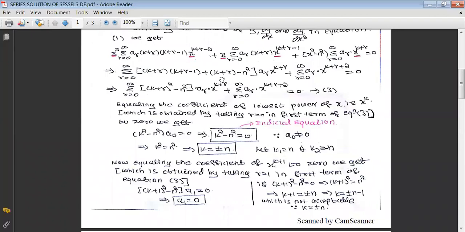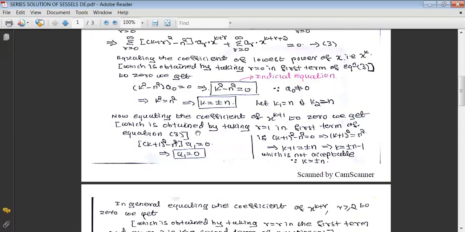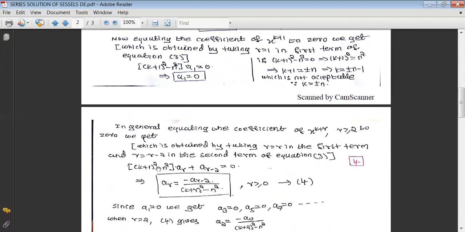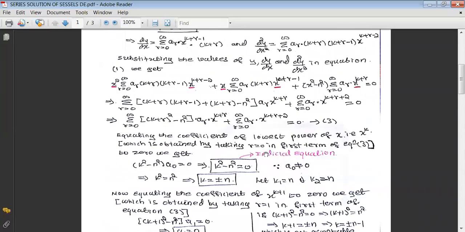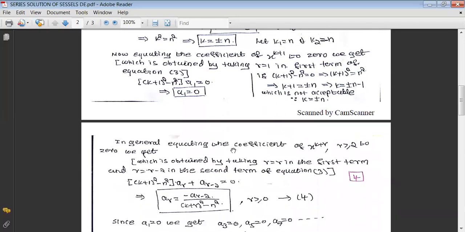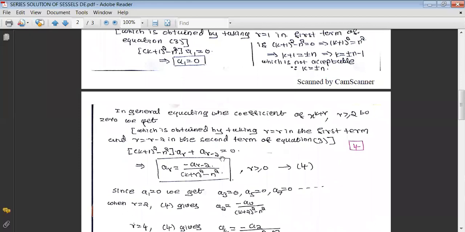Already we have here x raised to k plus r, and its coefficient is (k plus r) whole square minus n square into ar. In order to get x raised to k plus r from the second term, we should replace r by r minus 2. When r becomes r minus 2, the 2 gets cancelled, so we get x raised to k plus r. That's why, if you take r minus 2 to get the coefficient of x raised to k plus r, we get from the second term of equation 3 as a(r minus 2),